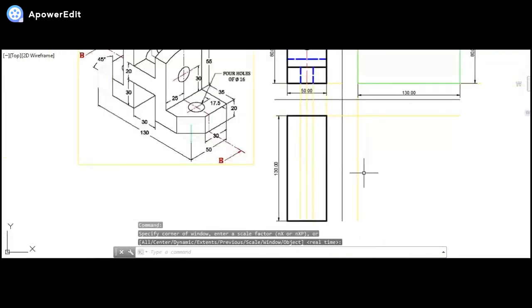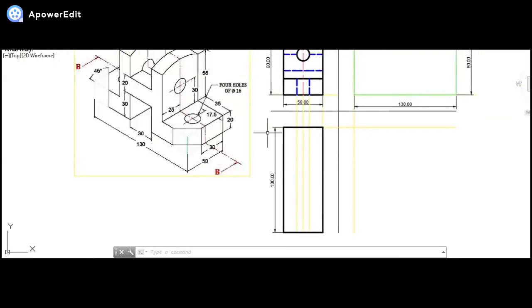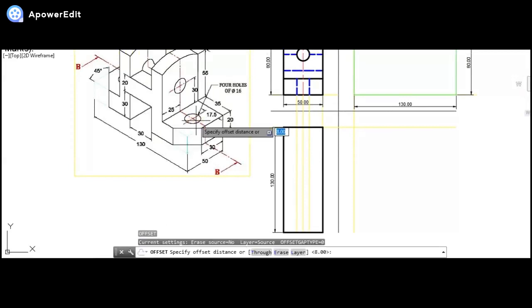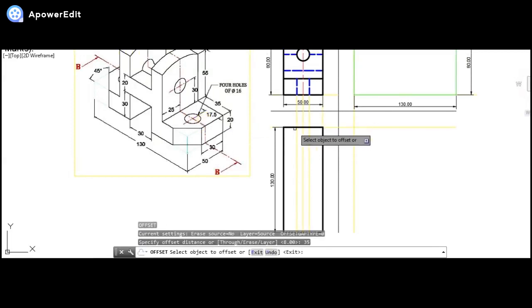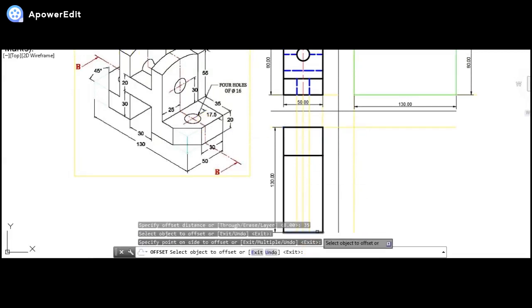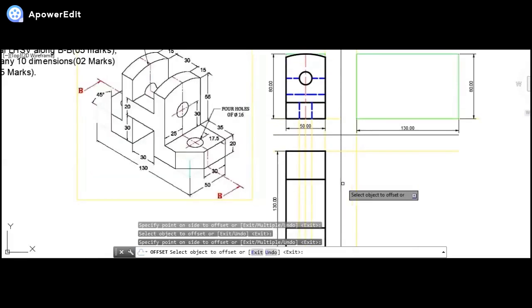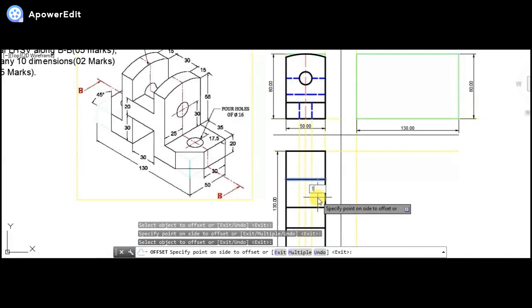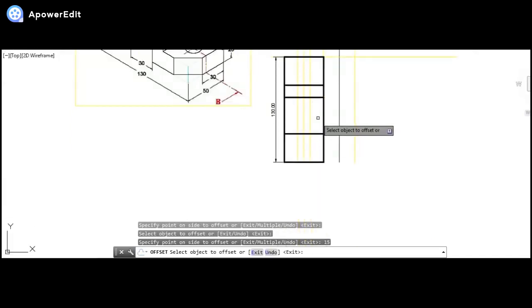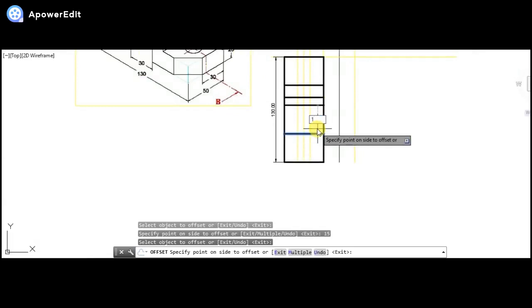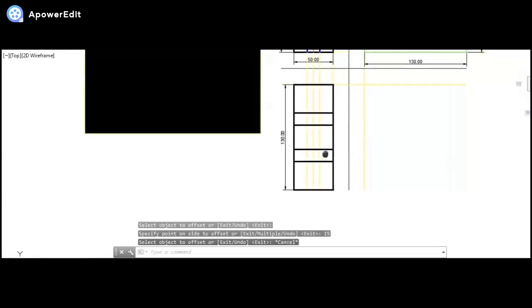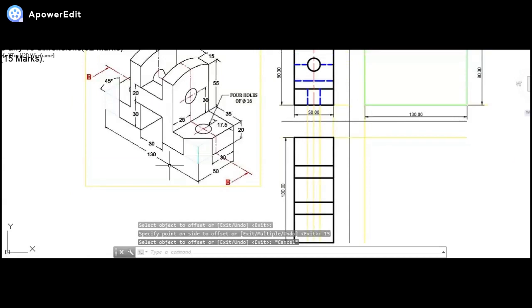Okay. So once I'm done with this, I will be simply offsetting the lines, drawing the lines at parallel distances. From here at a distance of 35, even from here at a distance of 35, more or less these two lines will be drawn amongst themselves at a distance of 15 each. So 1 by 15 each from here, again from this 1 by 15 each. Okay. So once we are done with this, we have got this particular outline of the top, what I can say. Okay. So now